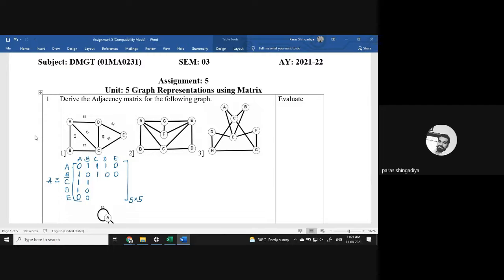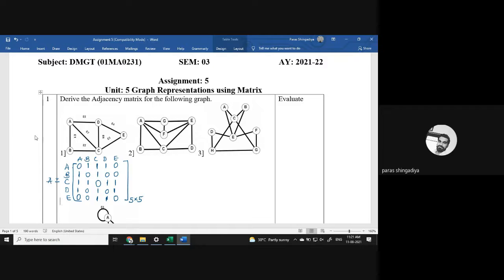Now see the third row. The first two entries we already checked. Now C to C is 0, there is no loop. C to D, C and D are connected, so put 1 here. And C and E are also connected, so put a 1. That is the third row, and repeat these entries in the column also. The third row is the same as the third column. Then for the fourth row, the last two entries: D to D is 0 here. And D with E are connected, they are adjacent, so put 1. Clear? And the last value, E to E, there is no loop at E, so it will be 0.